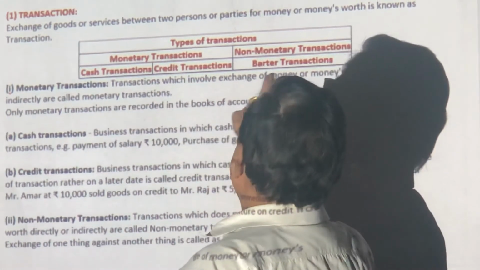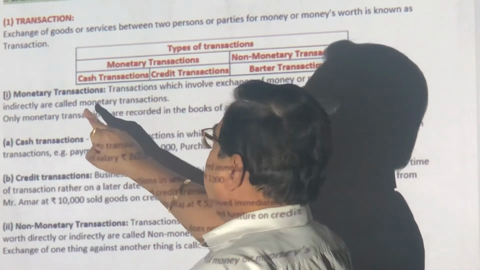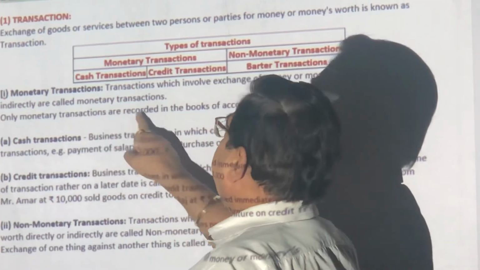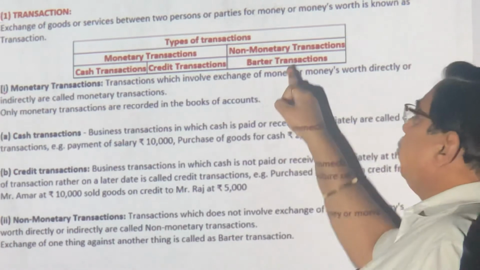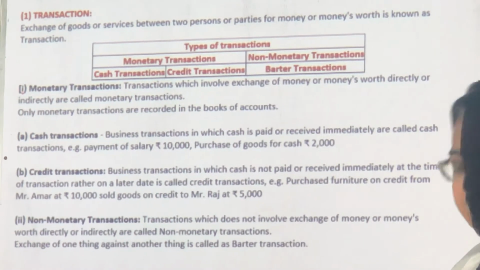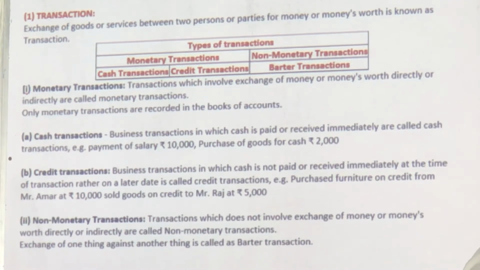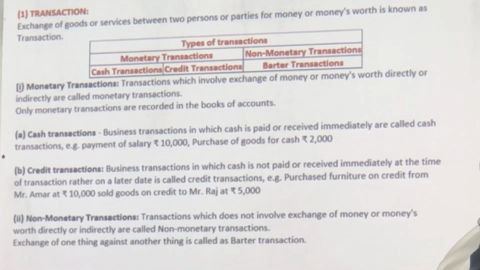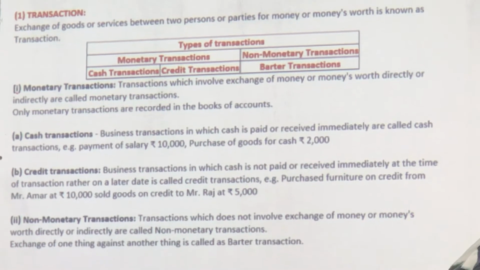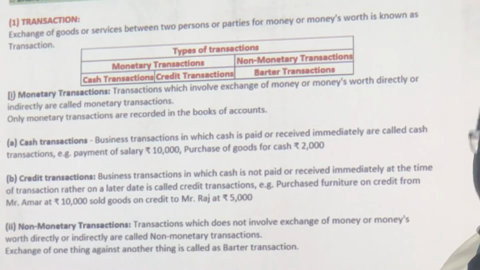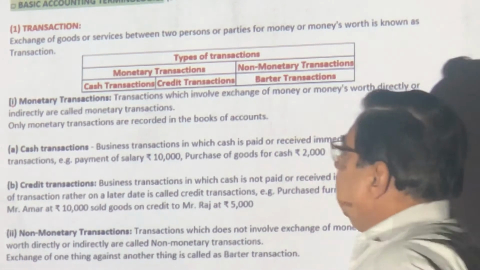So transactions involving money, indirectly or directly, are monetary transactions. We only write monetary transactions in the book of account. So we don't write barter. What do we do with barter? You find the value in terms of money and tell me. Then I will write. I can't write 1 horse sold, 1 donkey bought. This will not help me to maintain account. You will write 2000 value horse sold and 1000 value donkey taken. 1000 is my loss. Okay?